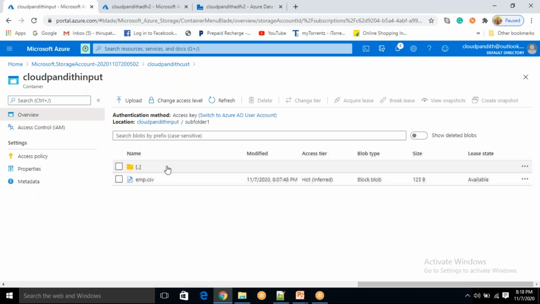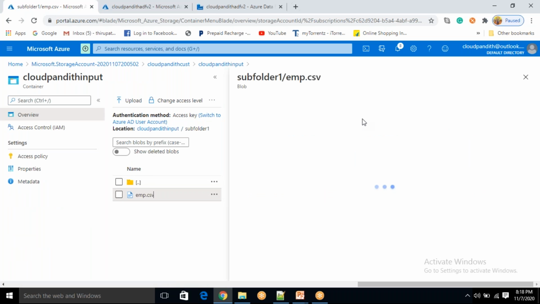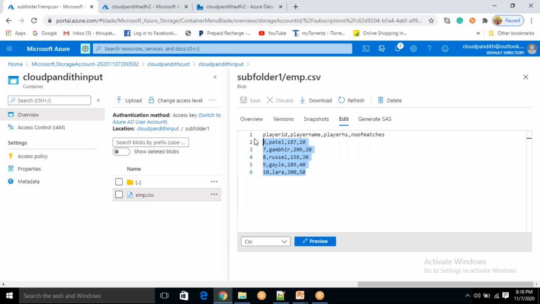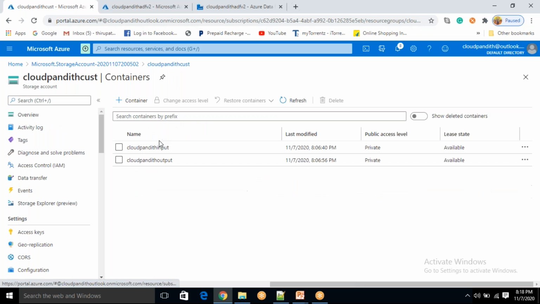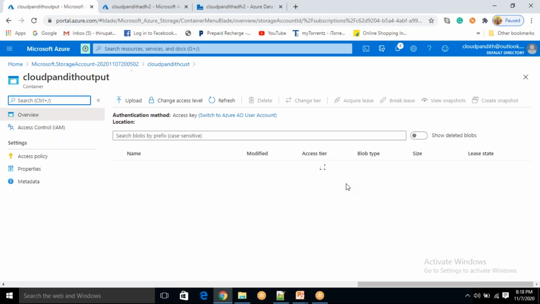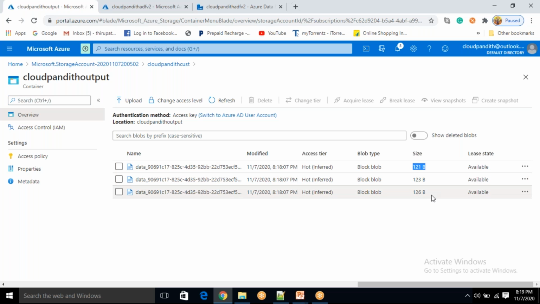If you want to verify that, you can verify. 6 to 10 records only we have here. Now click on this. You see here 121 bytes, 126 bytes. The 123 bytes file is nothing but the subfolder file.